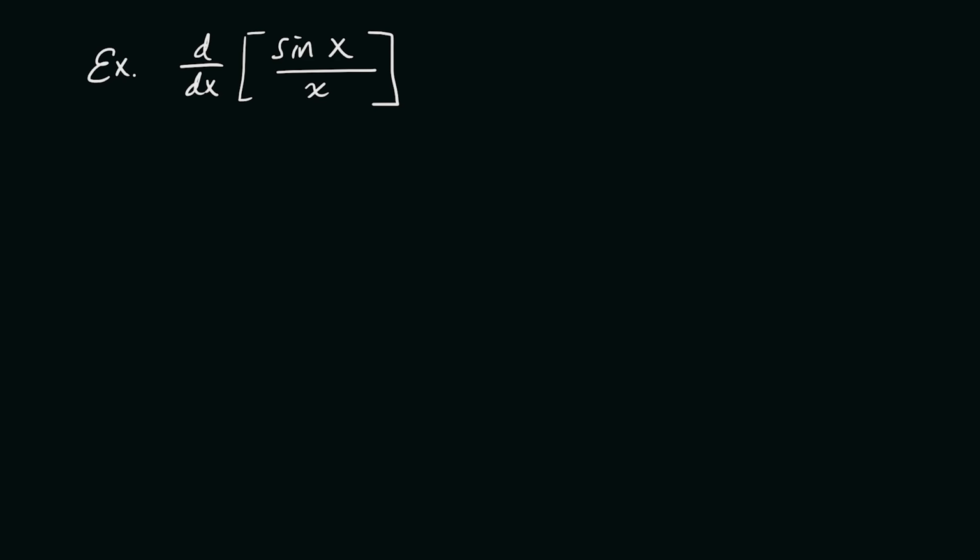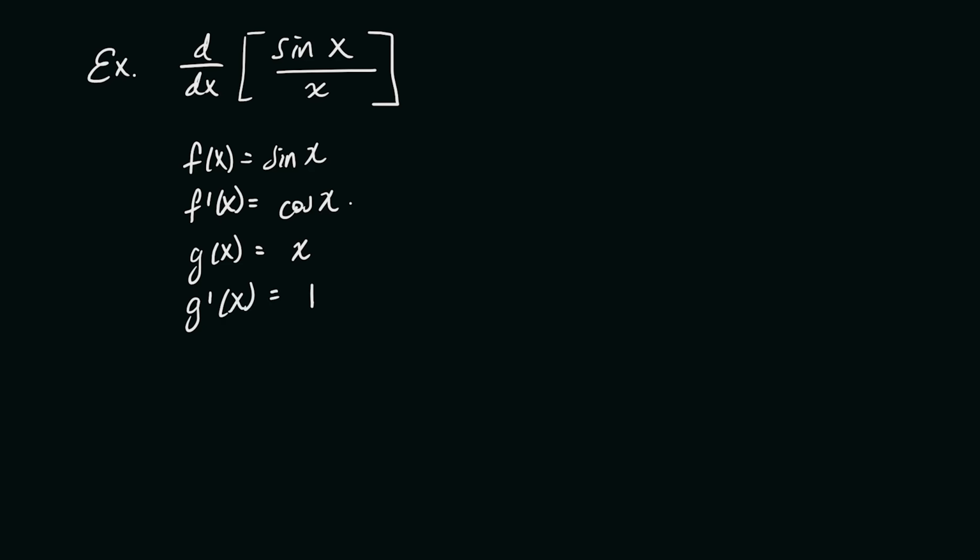So now, let's try to solve it. f of x, the numerator, is just sine of x. f prime of x, we all know it's just cosine x. g of x is just equal to x. And then g prime of x is just equal to 1, right? So now let's put this in the equation. So the equation is f prime of x times g of x minus g prime of x times f of x, right, over